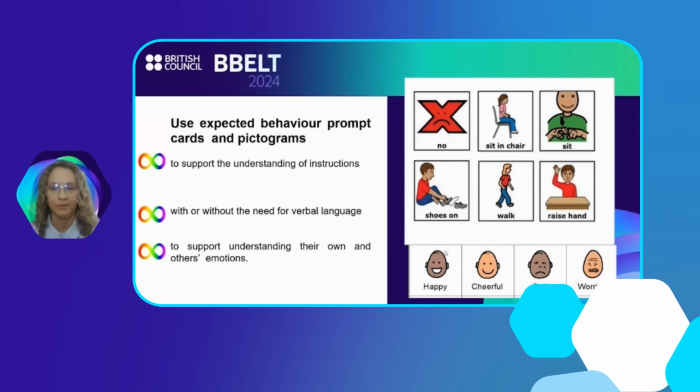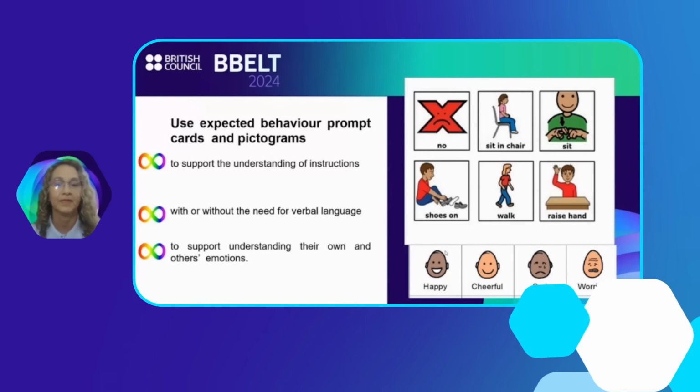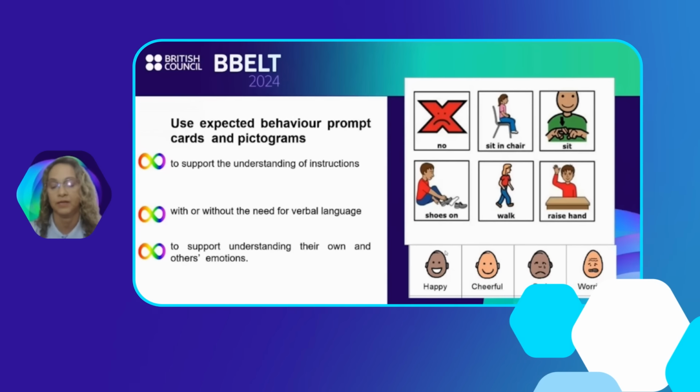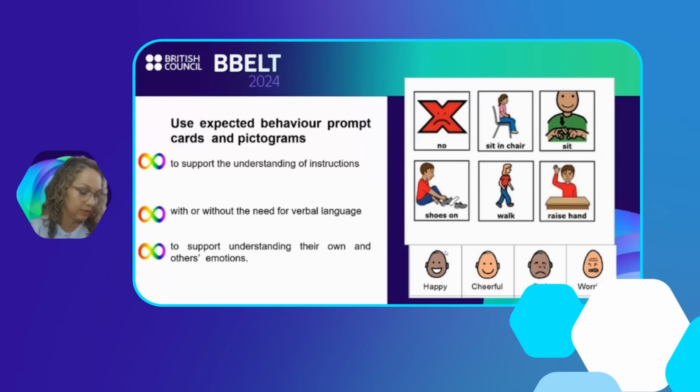You need to remember that they can't decodify messages in the way we do. So pictures are very important. They can include verbal language or not. It depends on your student. And these pictures can also help them show how they feel to other students, because remember that they cannot show their feelings with their facial expressions, and by using this, it will help them relate with others more easily.